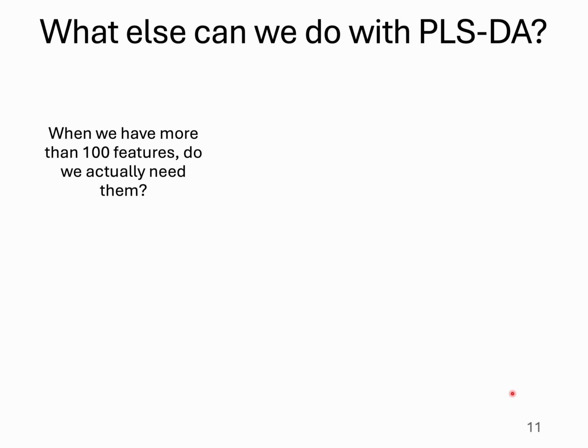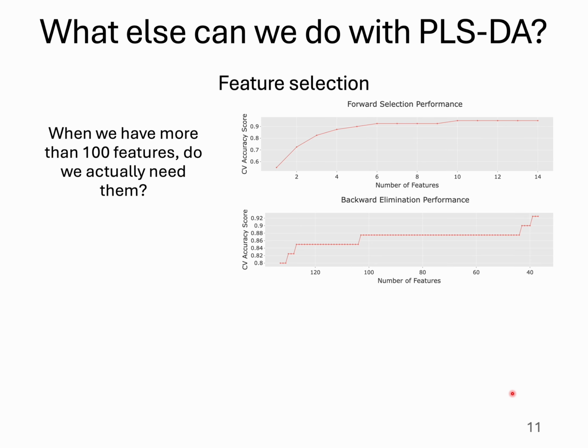So, except for classification, with PLS-DA we can do some other things. For example, if we have 100 features for some data, let's say for the structure type, do we actually need all these features to define what structure type will be obtained by a compound? So with PLS-DA we can do feature selection, so we can define how many features we need